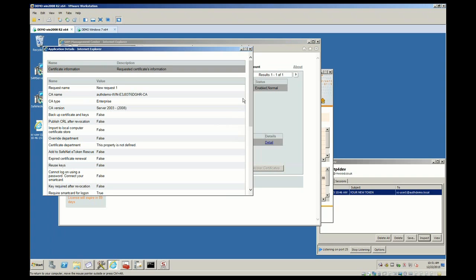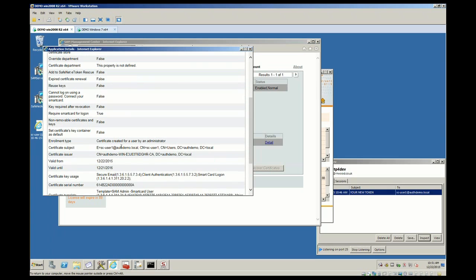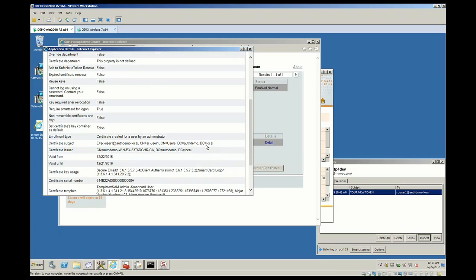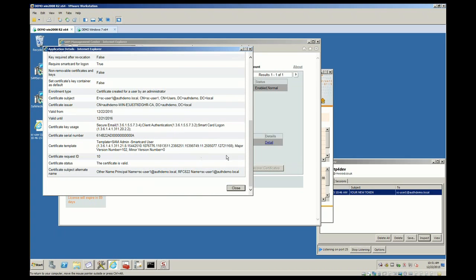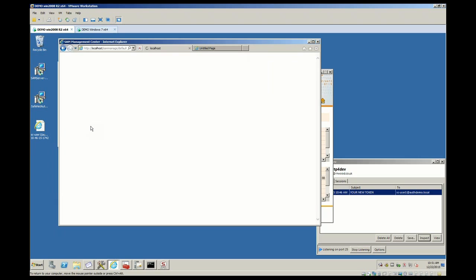Now you can have more information and exactly how the profile looks like, and what was the request and so on. So it's a completely kind of a profile of this user. Now, if somebody gives you a token, and you don't remember what his username is and so on, because the token is plugged into your machine,